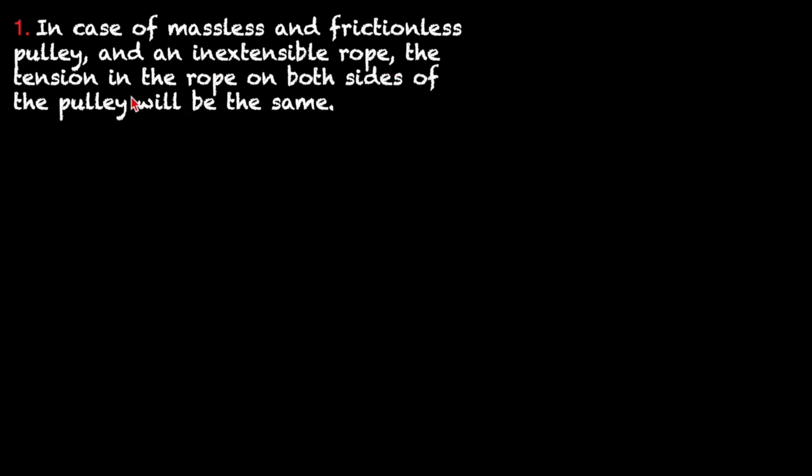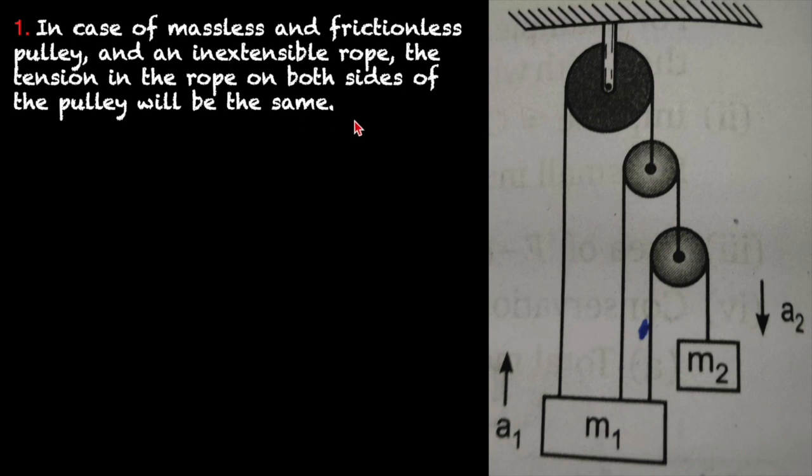First point is, in case of a massless and frictionless pulley and an inextensible rope, the tension in the rope on both sides of the pulley will be the same. So suppose you have an Atwood machine system like that, and in the question it is given that these pulleys are massless and frictionless as well. These ropes are inextensible. So in that case, if the tension on one side of the string is T, then the tension on the other side of the string will also be T, because this pulley is massless and frictionless,